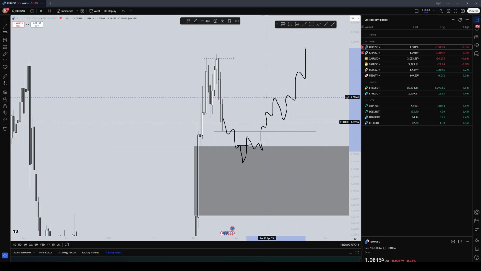But on Monday and probably Tuesday, I think I will probably look for shorts, to the previous week low, on continuation of this local short, and of course probably to this daily imbalance also.